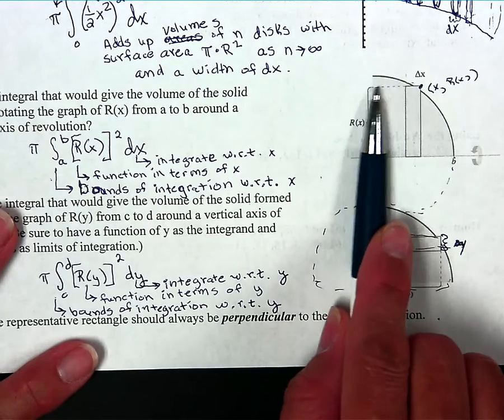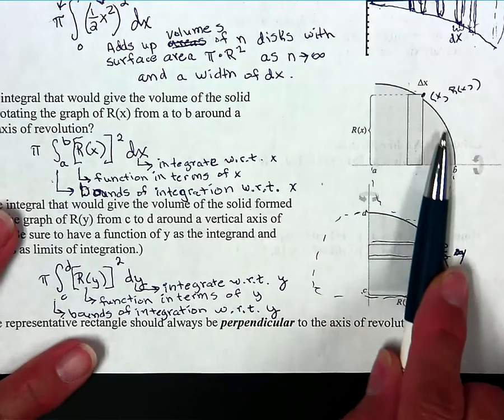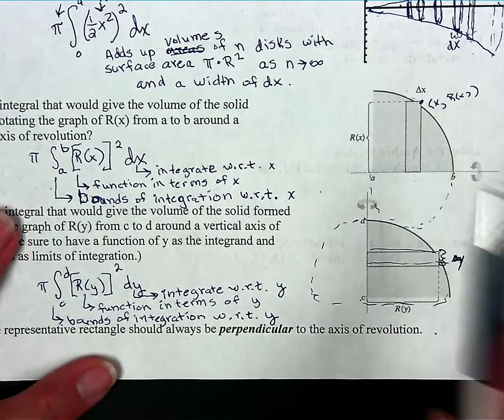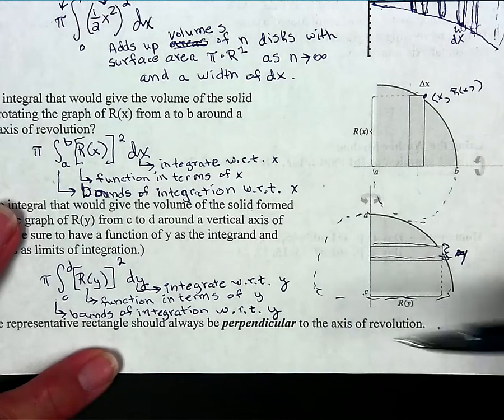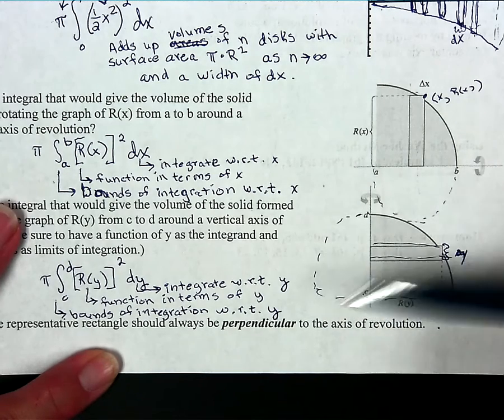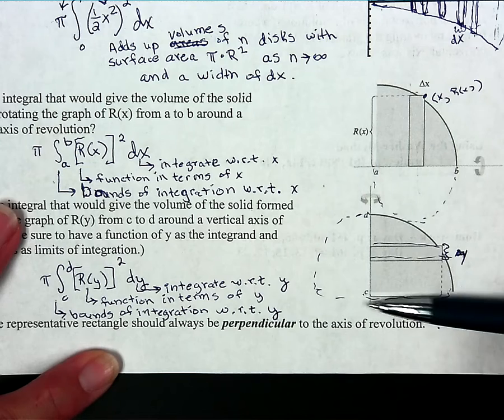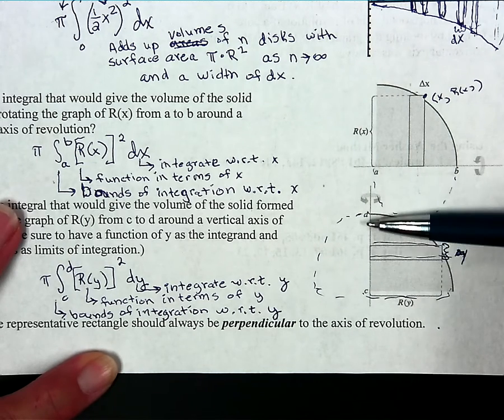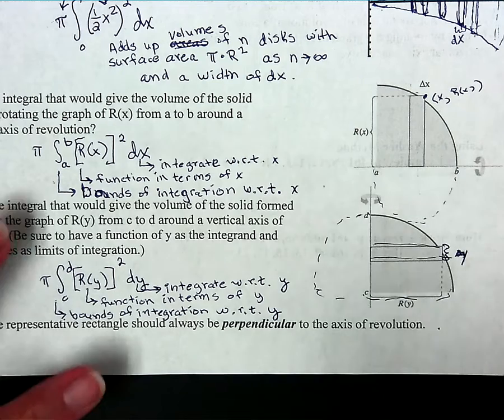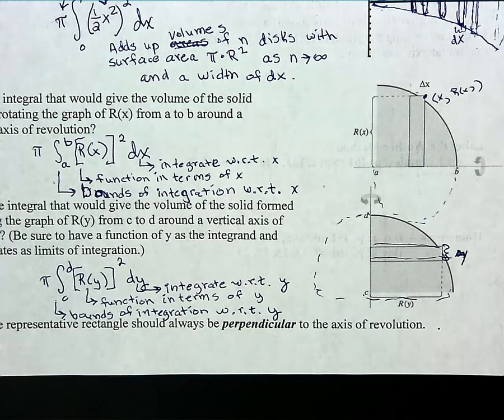I'm imagining those discs moving this way, getting shorter and shorter. If I'm rotating around a vertical axis, I imagine these discs, my rectangles are horizontal, and I imagine these discs moving from the bottom to top, getting shorter and shorter. And when I started thinking of that last night,